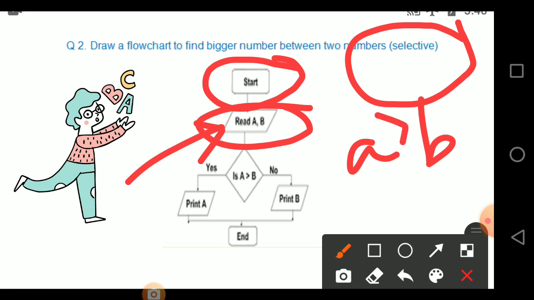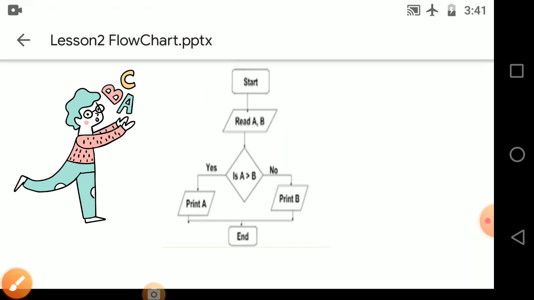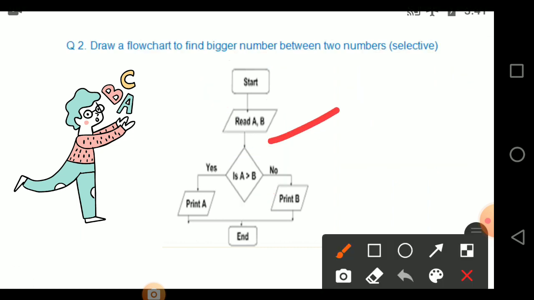You have to check whether A is greater than B or not. All the checking is done within this rhombus box, or you can call it a diamond also. You can see that it has one entry point and two exit points, yes or no. If it is yes, you can print A. What does that mean?